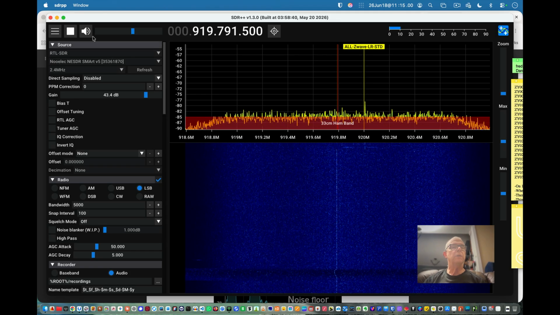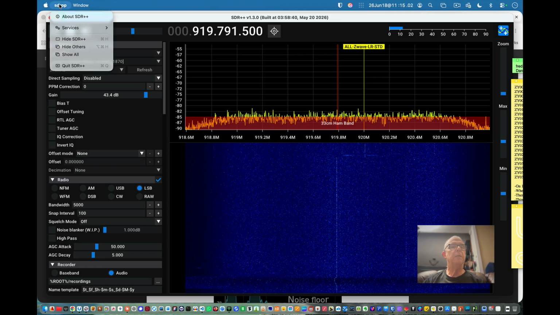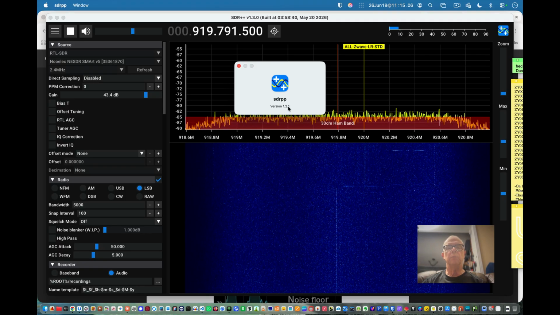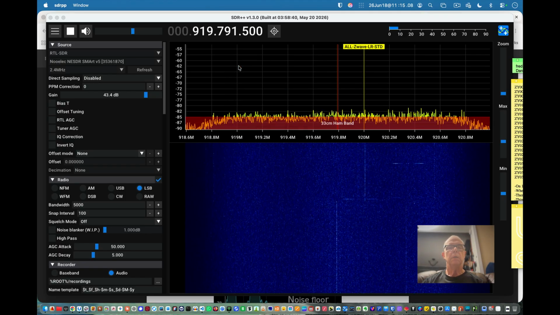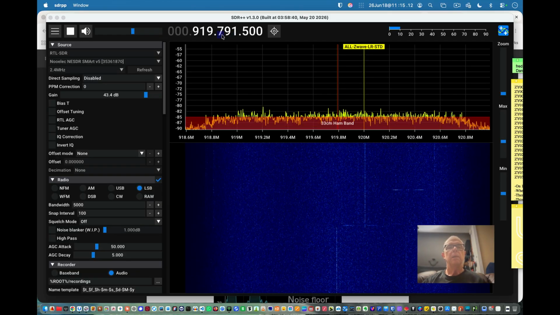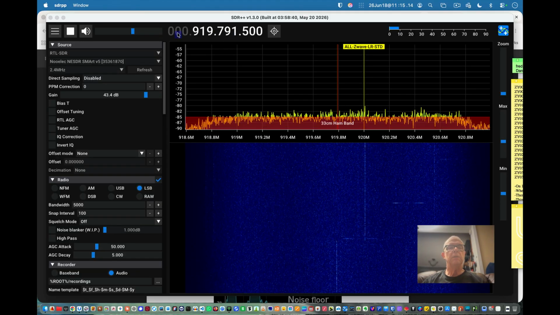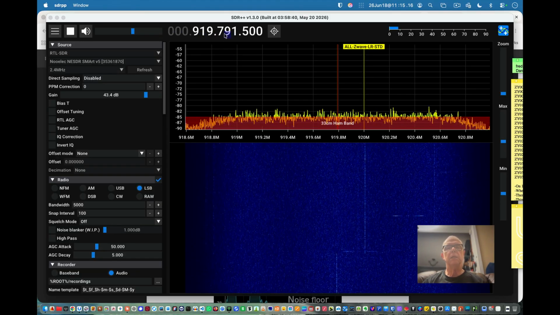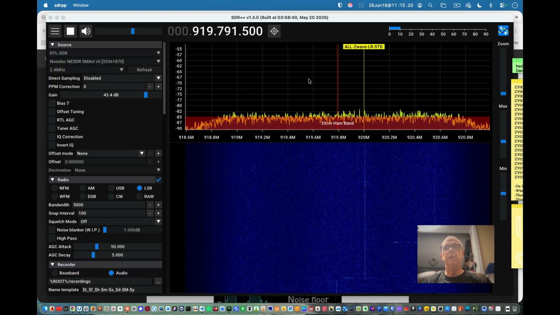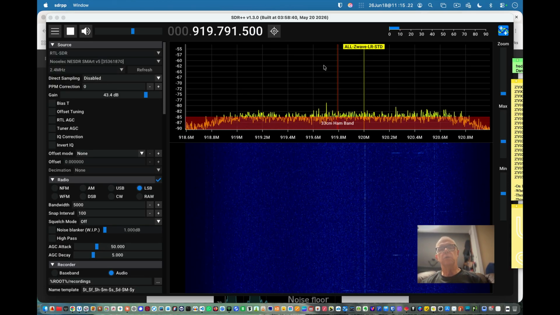Okay, I'm in SDR++. Okay, about here. I'm on version 1.2.1. Just a couple things I wanted to mention. You can manually put the gigs, megs, Ks, and points in there, and then you can also, what I found